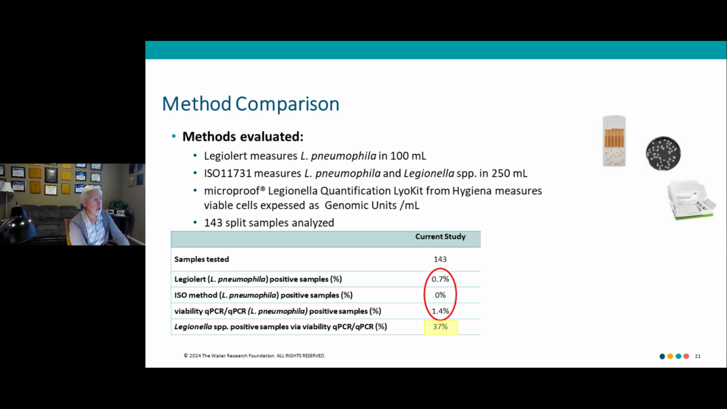So those results are shown here. Of the 143 samples, we had 3 positives for Legionella pneumophila, 1 by Legialert, 2 by the viability qPCR test. Interestingly, they were all in 3 separate samples. So that happens when you have low concentration Legionella and you divide it up, it's going to go into one test or the other. So not a big difference between these 3 different approaches for detection of Legionella pneumophila,